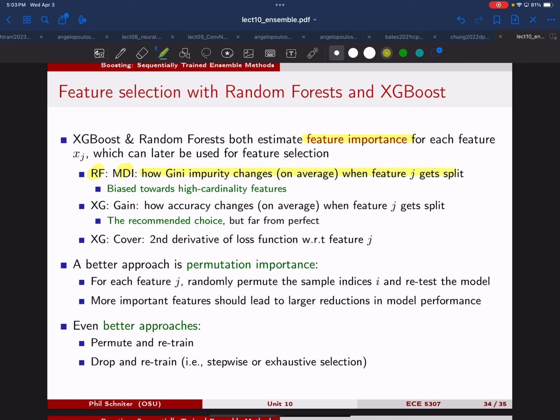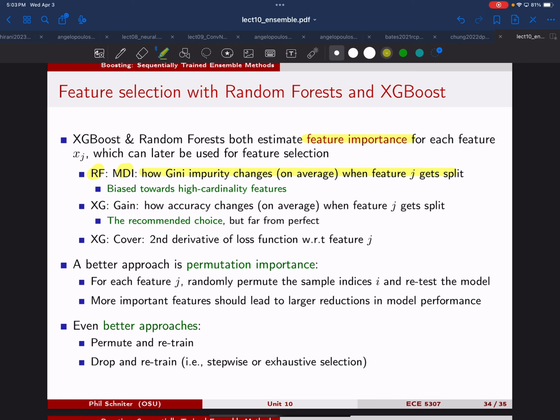So remember, Gini impurity was something we talked about as one of the splitting criteria for categorical labels. And it basically says, for every feature in your data set, it gets split maybe many places in the tree. So you look at all those places in the tree where that feature got split, and you look at how much the Gini impurity improved after a split. And so for features where it's persistently improving Gini impurity, that should be an important feature. For ones where it's not really changing, that's probably not an important feature. So that's how